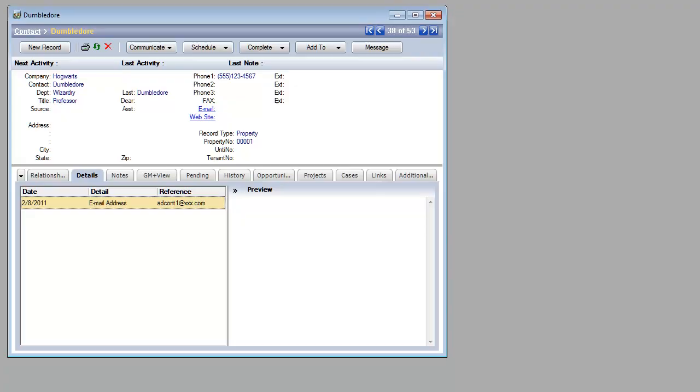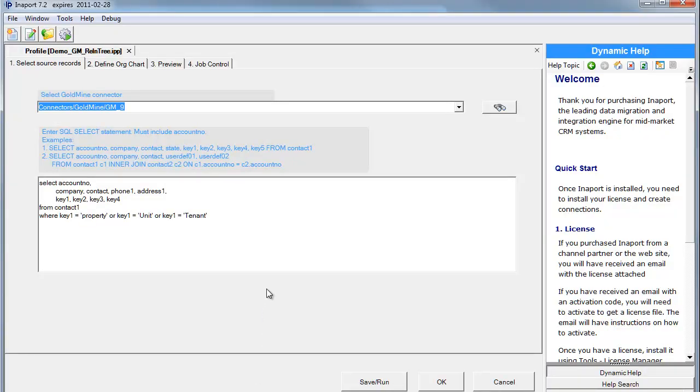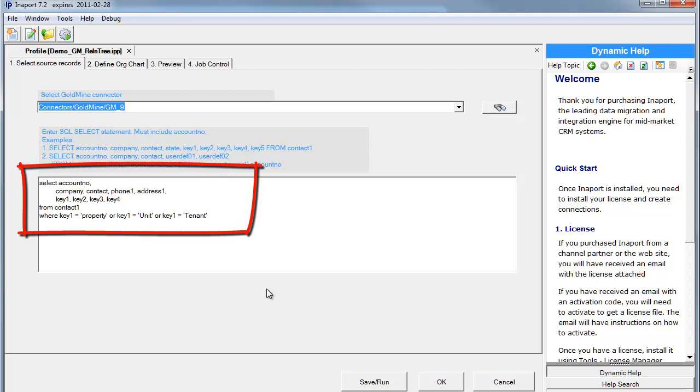Let me move across to Inaport and give you a demonstration of how this works. You can see now on the Inaport screen the wizard that's used for building the relationship tree builder inside Inaport. First step is we say what data we want to get out of GoldMine in order to build this relationship tree. And we can do any SQL statement that works for the data that we want. The only requirement is we do have to select the account no value because that's used by GoldMine for linking